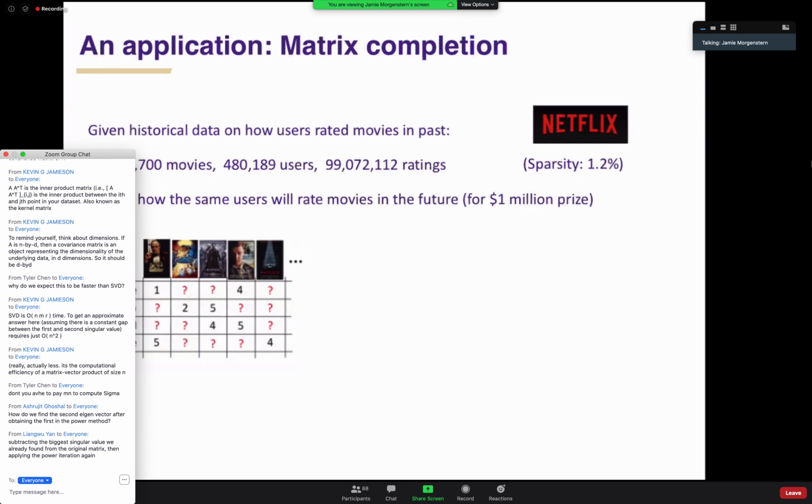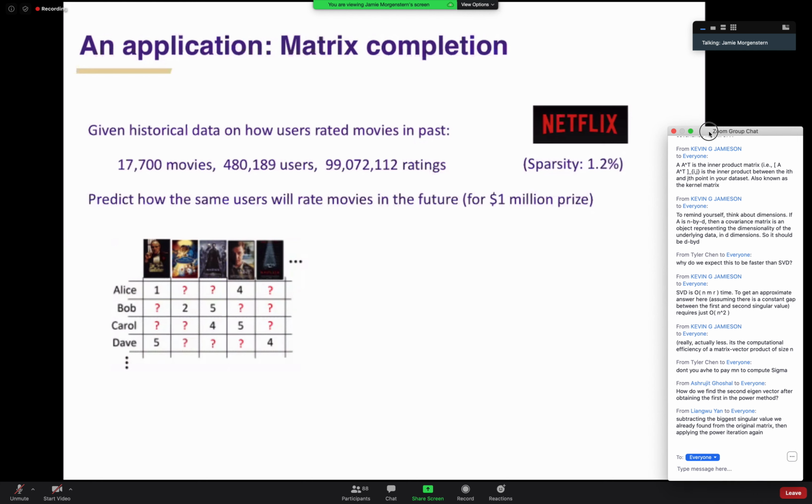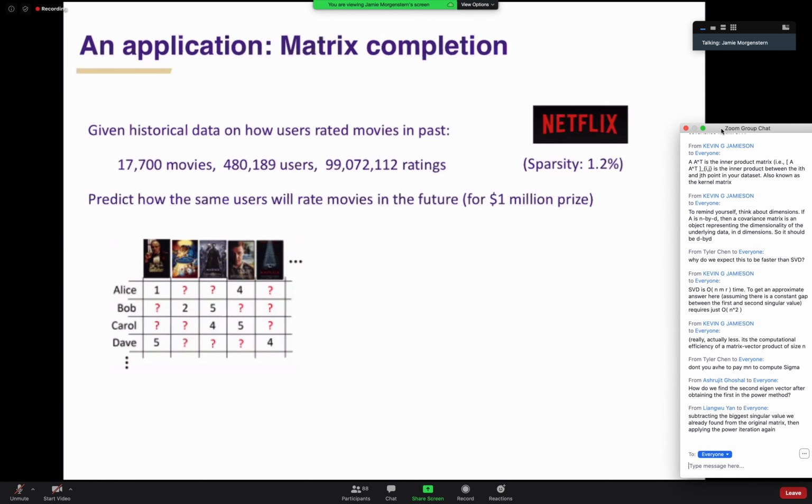Netflix is a particularly relevant application in our lives right now. So you probably were all just about, well, I don't know. I won't try to guess the median age of the people in this classroom. But long ago,